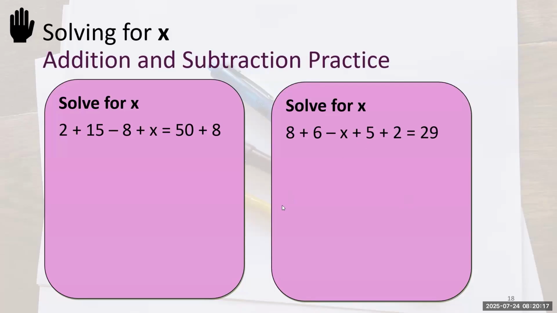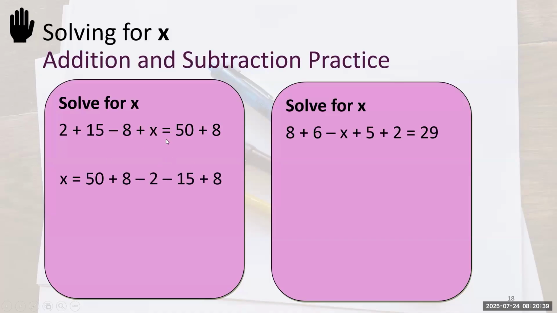The first one, the one on the left side, let's look at how we get x by itself. So just remember the rule: if we're trying to get x alone, then we're going to take all those numbers that are on the same side of the equation as the x, and we're just going to scoot them over to the other side of the equal sign. They're going to be doing the opposite of whatever they were doing on the x side.